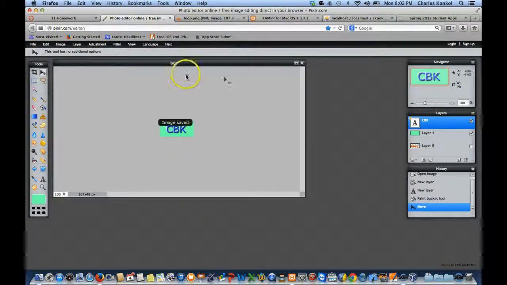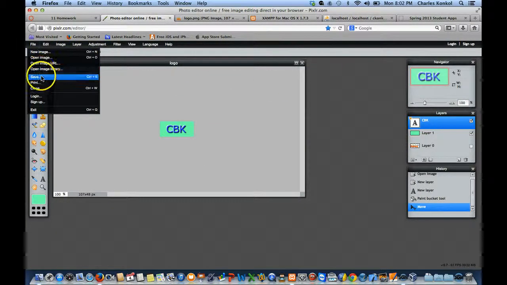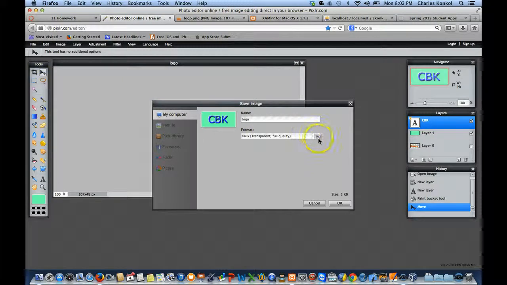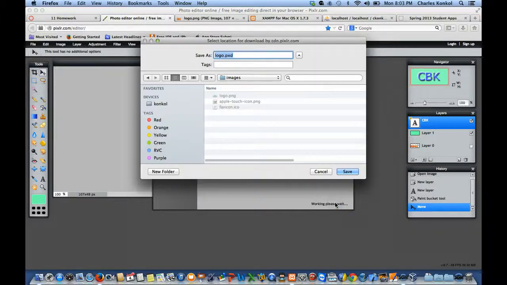And by the way, on Pixlr, if you look on the overhead, when I hit save, I can actually change the format to a PXD format. If you're familiar with Photoshop, it saves it as a PSD format. Pixlr will open up a native PSD file from Photoshop, and you can edit it with layers. Okay, so I'm going to save it as a PXD layered format, meaning I can take this to any web browser and edit this